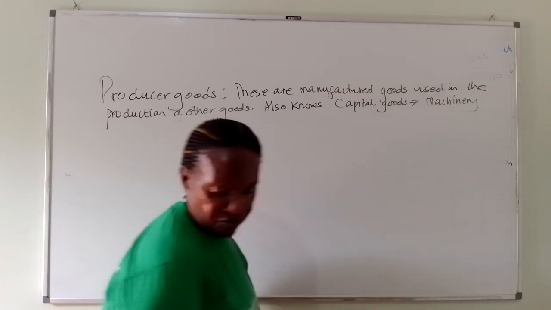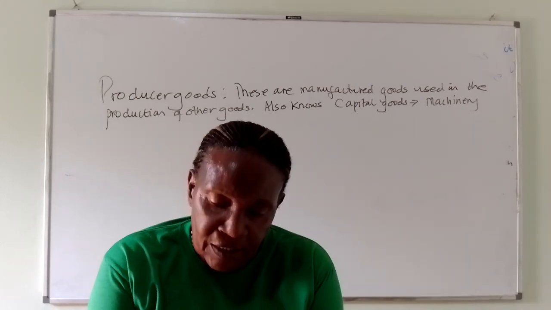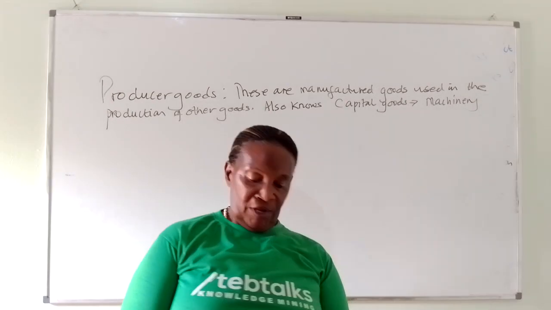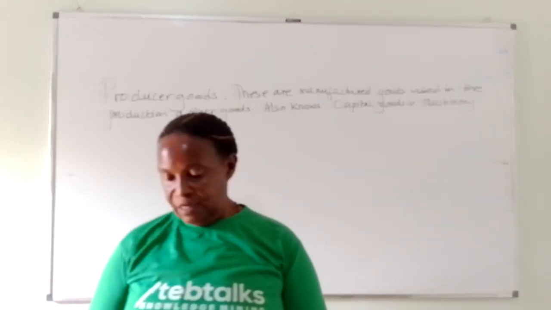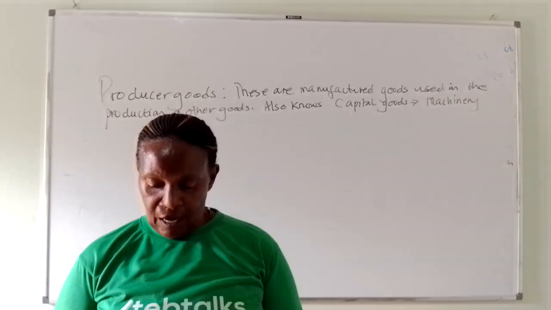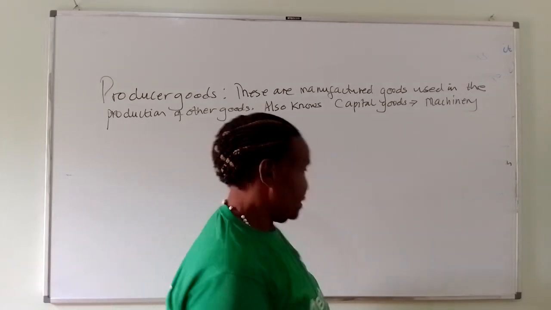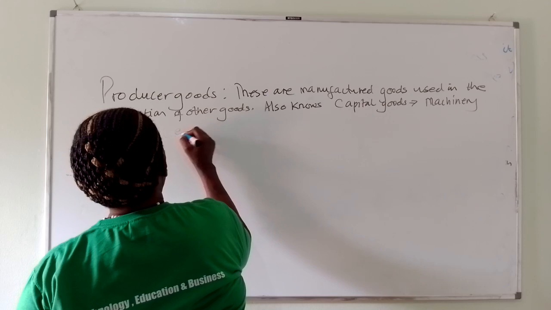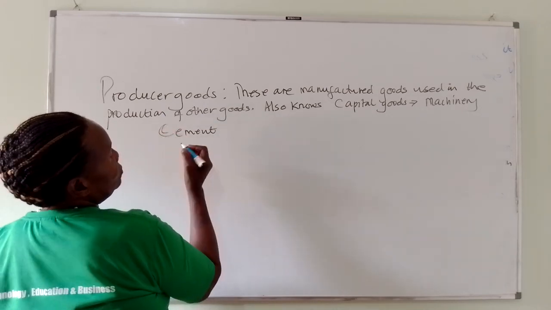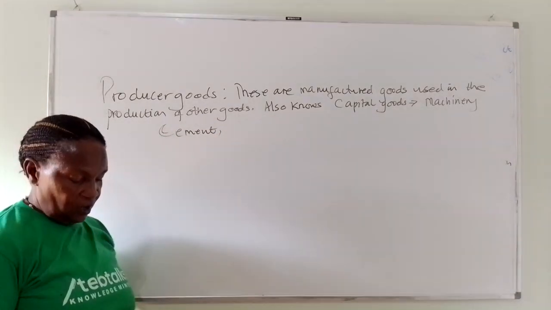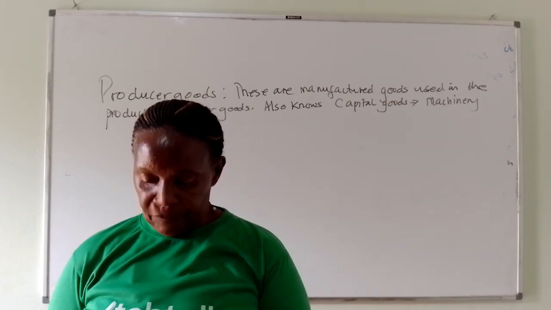They are mainly in form of machines, because a machine is manufactured and you have to use it for further production. Take an example of a tractor. A tractor has been manufactured, and when it is there, that is not the end. It is going to provide a service in the agriculture sector to till the land, to clear the soil when making a road, and they are not desired for their own sake, but for what they can assist in producing. We also have cement. Cement is also manufactured, and that is not the end of cement, but you are going to use it in construction. So machinery, cement, just to mention a few, those are the examples of capital or producer goods. We also have